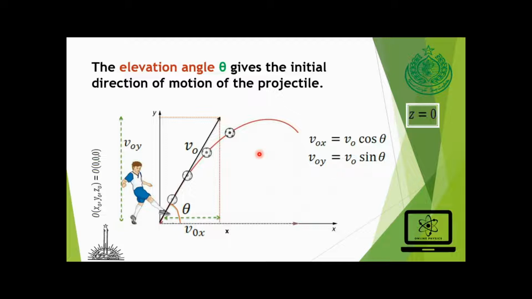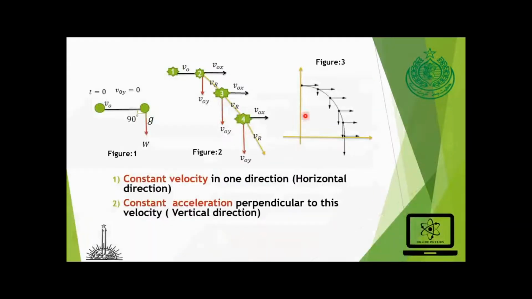So keep in mind, in projectile motion the first step is to resolve the initial velocity vector into its components. This is the first basic step in projectile motion. Now the question is why the projectile follows this curved path. Why does the projectile follow this path? So let's see. For understanding the visualization of this, we should have knowledge of vector operations.